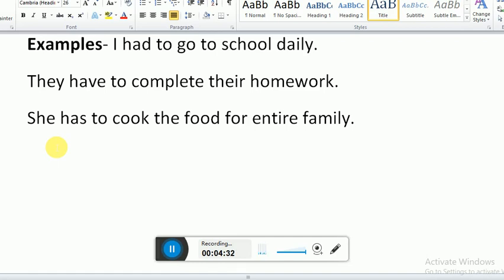I think you all have now understood the difference clearly between has to, have to, had to and has, have, had. So you all know the homework, that you have to write the rules with examples in the fair notebooks, and also in the homework write 5 sentences for each rule and practice more and more.